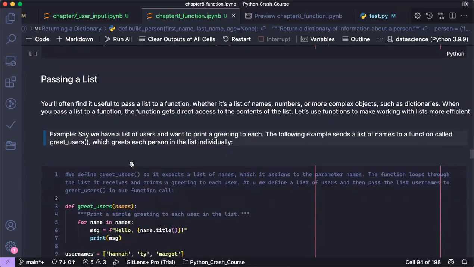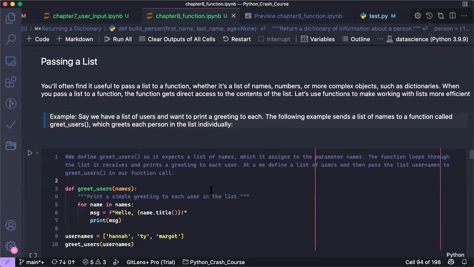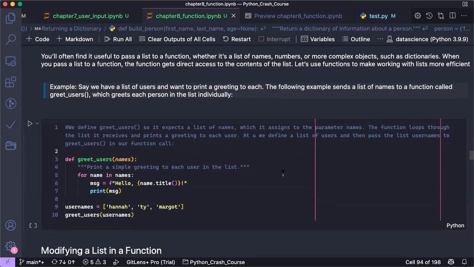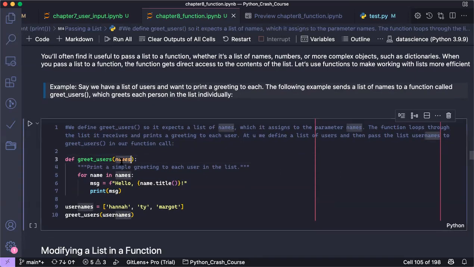Let's continue. Passing a list. It is often useful to pass a list to a function, whether it is a list of names, numbers, or complex objects. So here, for example, say we have a list of users and we want to print a greeting to each of them. The following example sends a list of names to a function. So what this is telling is that we want to have our